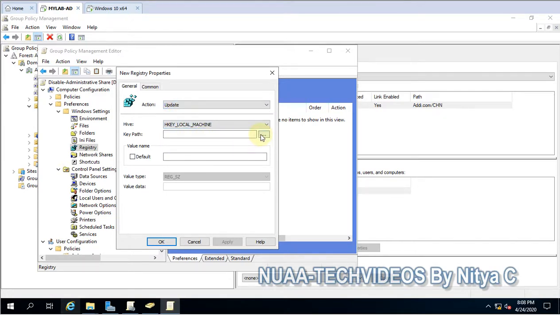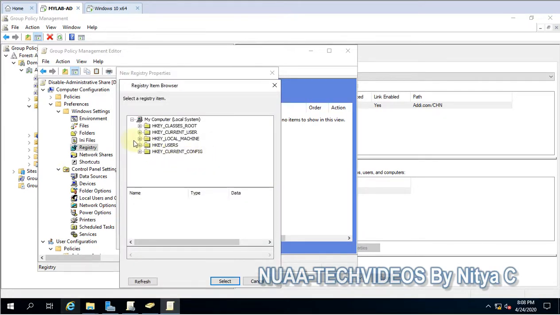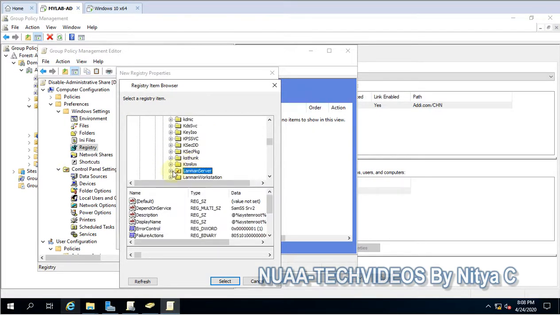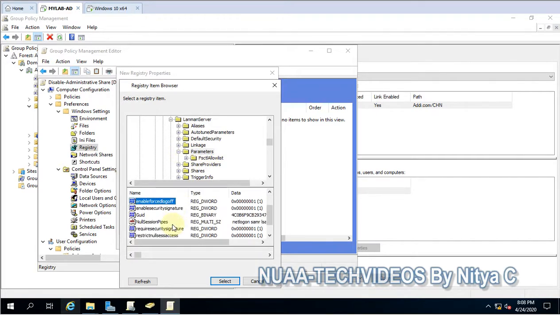Local machine, then here we have to follow the path: System, CurrentControlSet, Services, then LanmanServer, then Parameters, and here you have to create a key.